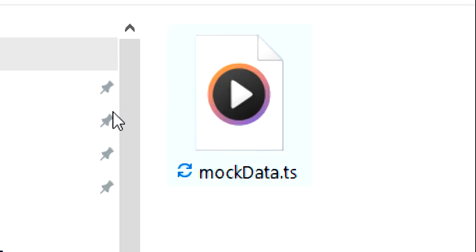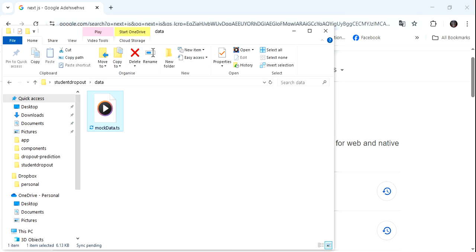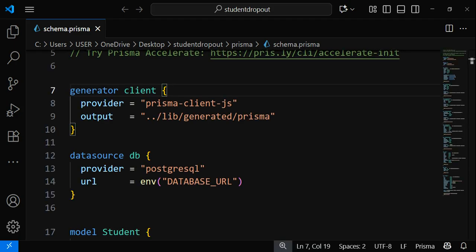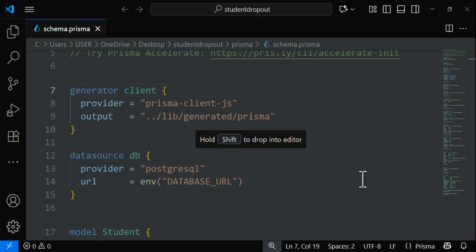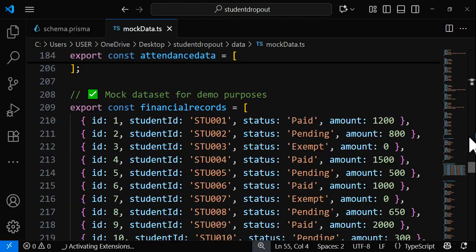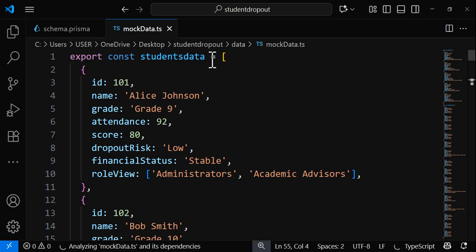you find a file called mock data. Inside the mock data is where your data is. To view the content, you can use a text editor like VS Code, or whichever text editor you are using. If you drag and drop the mock data, you will see the data inside. Basically, there is information about the students. So you see we have student data. If you scroll downwards,